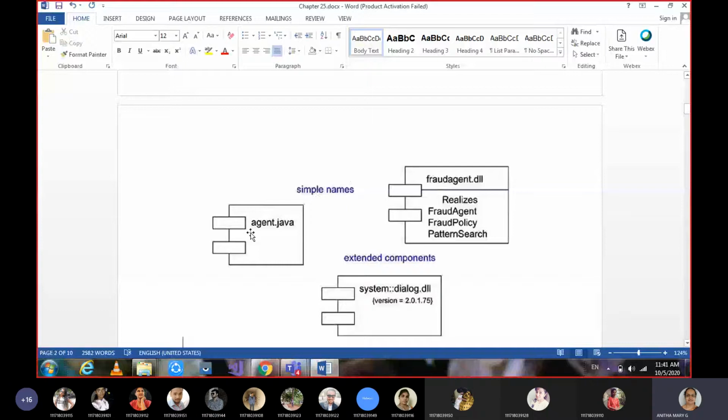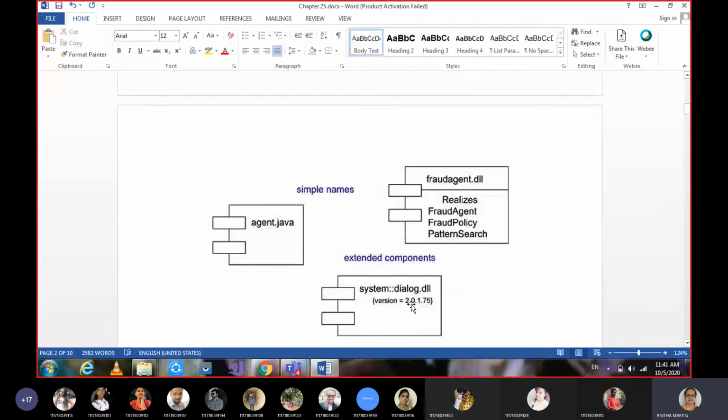So for simple names, agent is the component name and .jar. These are what we call the simple name, just giving a string, and the extension can be anything, some logical things in this component. Whereas here it is a dynamic linking library, DLL, and these two things we can say are simple names.